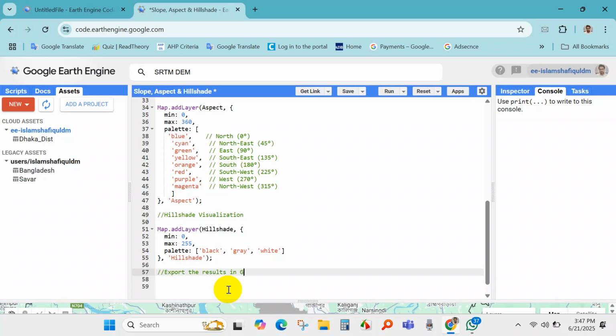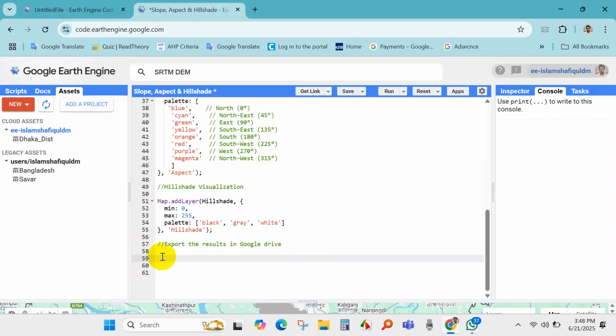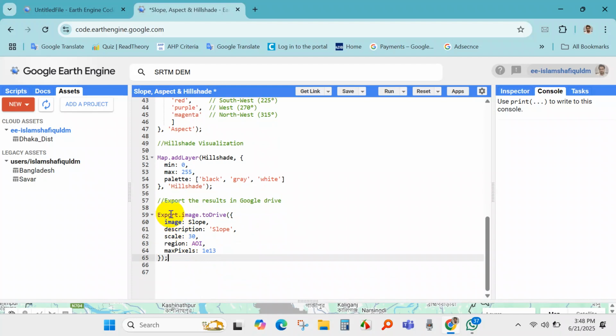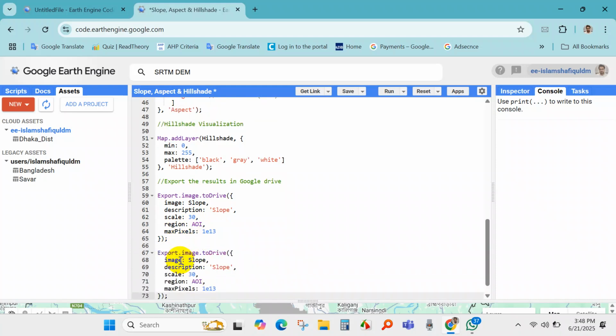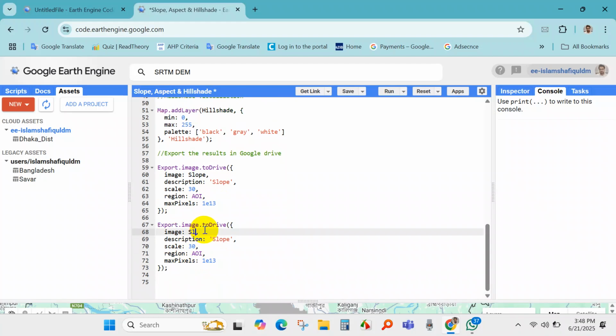And how to perform it: Export.image.toDrive, this function, and image, first slope and description, slope, scale 30, then region, area of interest, and maximum pixels, this, and for aspect description, it will also be aspect, and then scale 30, region, area of interest, and maximum pixels 1e13, and for